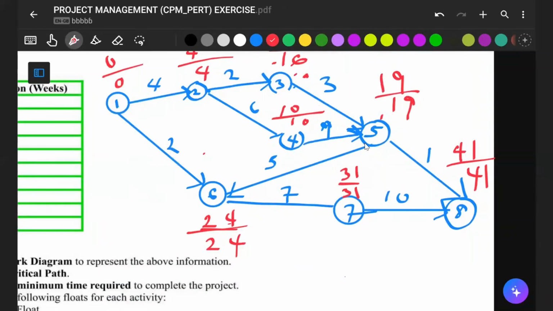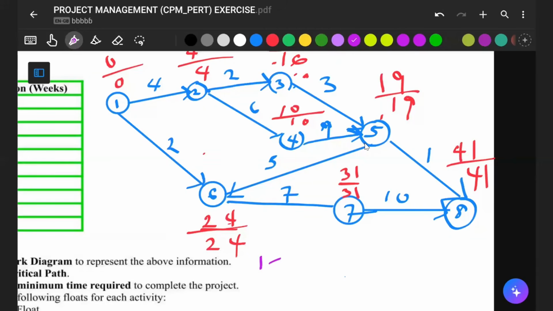If you want to get the critical parts, sometimes we want to see all the parts, or the critical parts of the project. That means the completion time of the project. For example, let me use a different color and take this, for example. If you start from node 1,